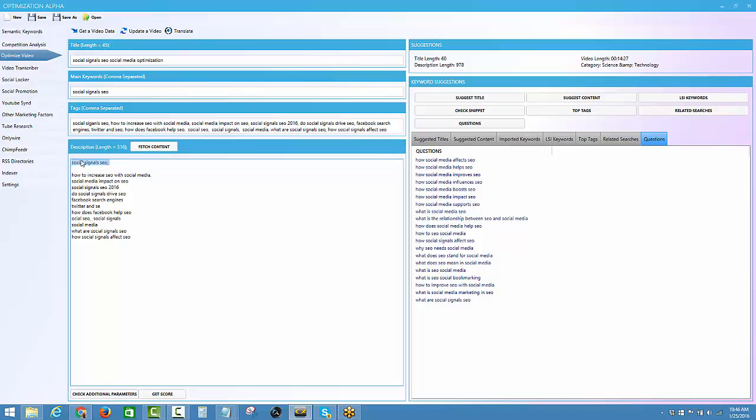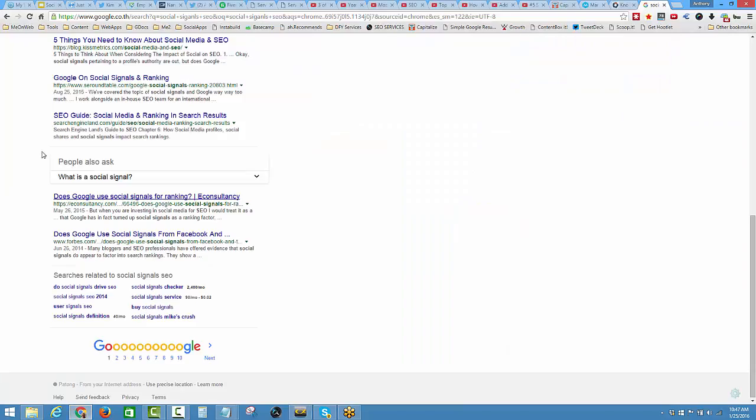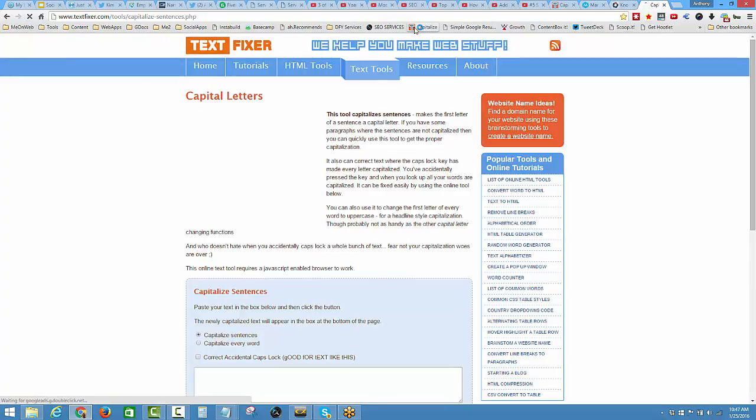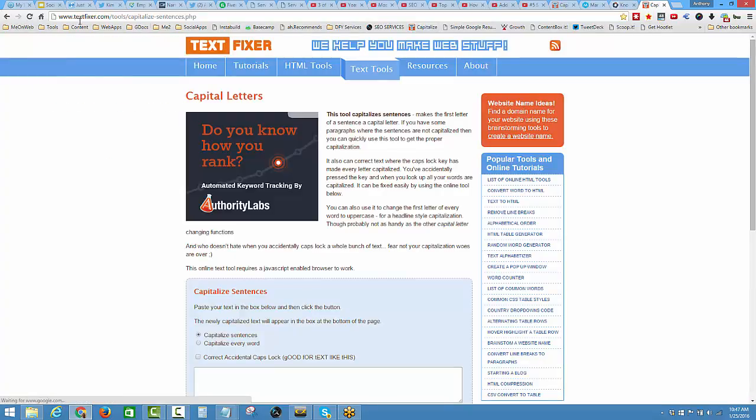So I'm just going to retype this one with some bold headings. Actually, let me show you a little tool I use quite a lot. I'm just going to put in main keywords and I'll show you very quickly. I actually should build this into this tool as well because it's very handy and I use it a lot. What I do is I come up to my Chrome and I have this bookmark tab up here, and you can see this